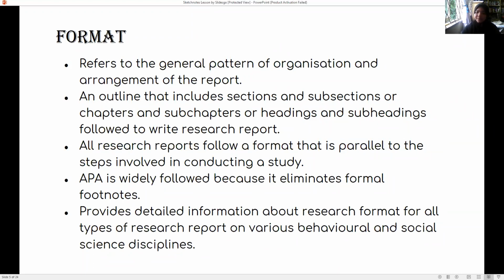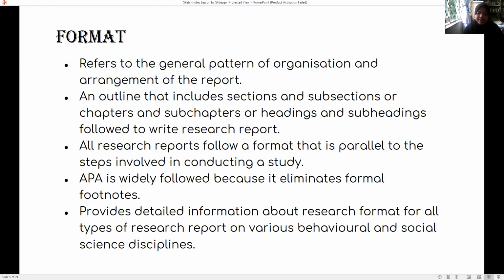All research reports follow a format that is parallel to the steps involved in conducting the study. Meaning that first you will do your introduction, because before you start your research, you have to know what you are trying to research on. So the format of writing a report must follow the flow.